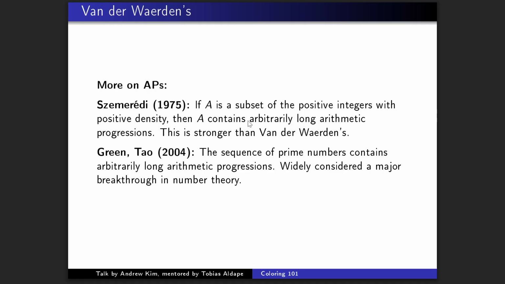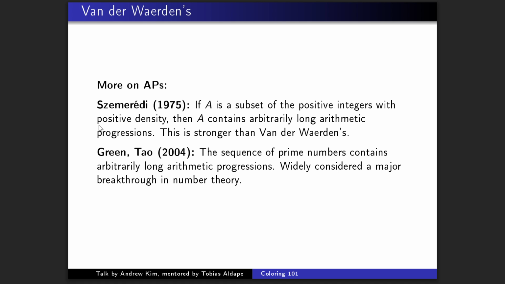But I guess other examples of positive density, you might be wondering what positive density means. Another example of a set with positive density would be the even numbers, because they have a density of 1/2. Every other integer is even, roughly speaking. But this theorem doesn't say anything about the prime numbers, because the prime numbers, their density